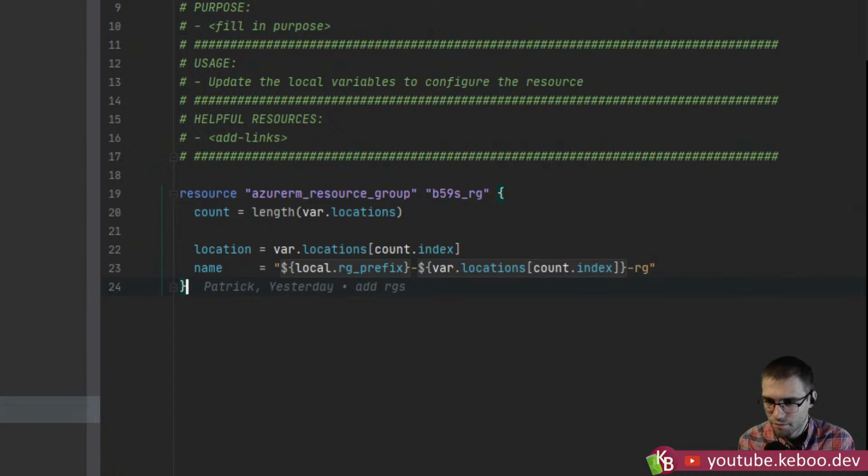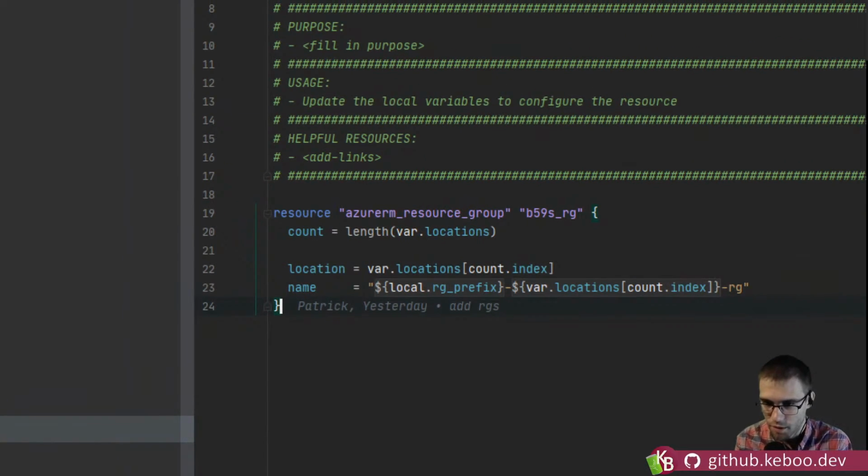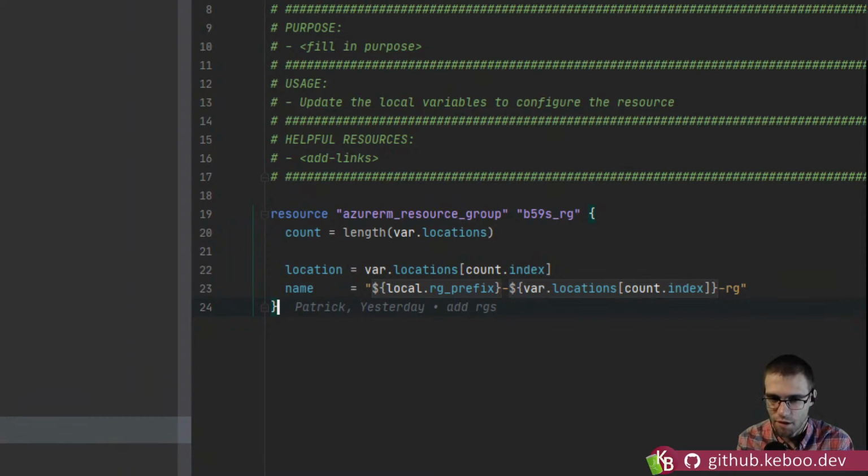And then, so we've got this local prefix, but then, so how does this count index work? Because that's where these two things tie together, the count with the length, where we reference out of that list, right? And then here, I'm basically saying what with this var locations count index? Yeah, so count is what's called a meta property. So it's not necessarily tied to the Azure RM resource group type. It's something that exists on all Terraform resources regardless of provider. It's effectively built into your language or framework.